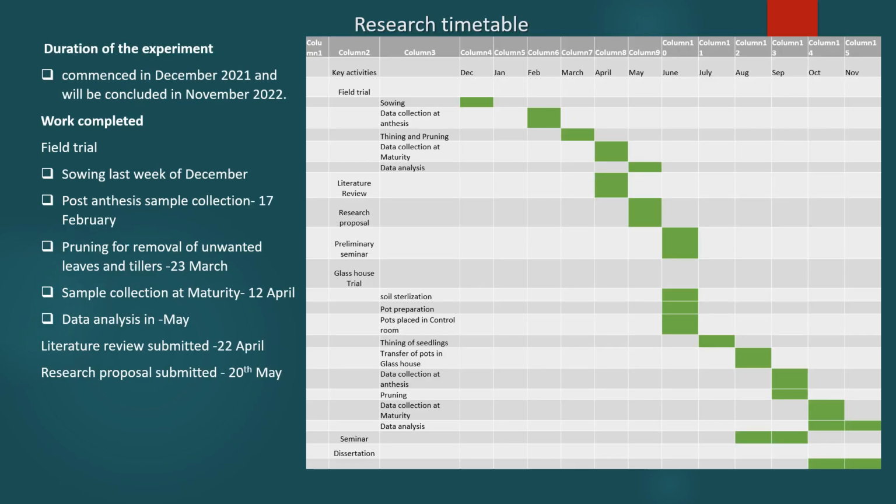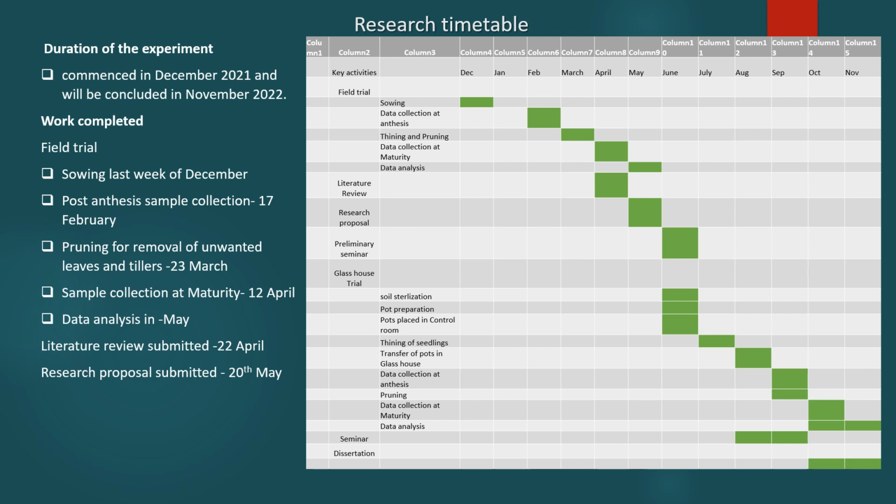The experiment was commenced in mid-December 2021 and is anticipated to finish in mid-November 2022. Since the beginning of my project, I have already completed my field trial, literature review and research proposal. Right now I am doing data analysis for my field trial experiment, and parallelly I am working on my glasshouse experiment. The glasshouse trial will be conducted from June to October, and for the detailed timeline you can refer to this